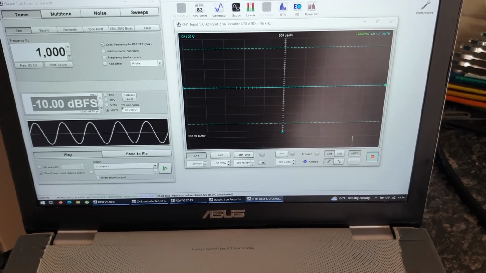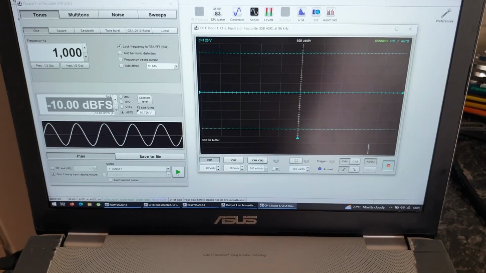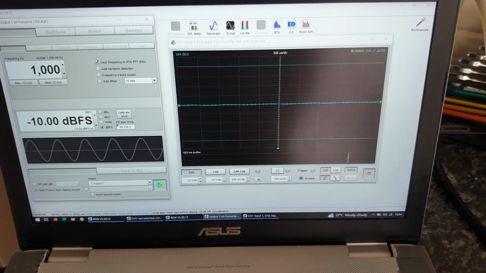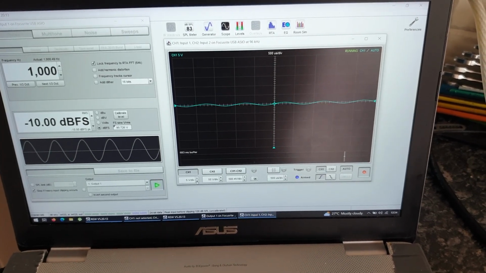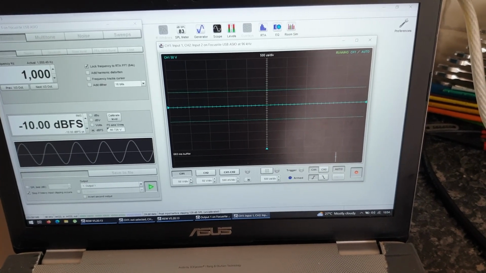If I play the 1 kilohertz sine wave, we have something wiggling around. We don't see much because it's a very small signal. So what we need to do is increase the signal